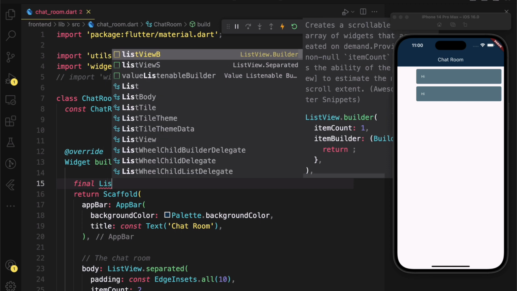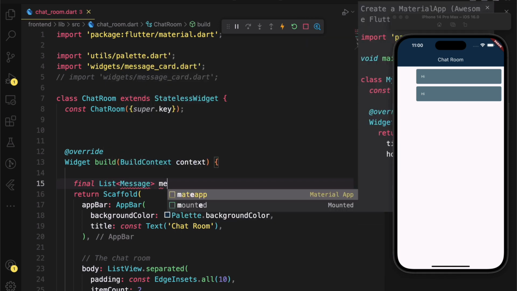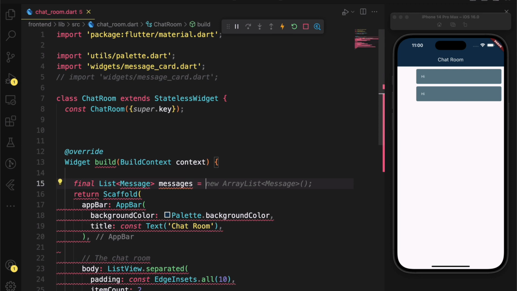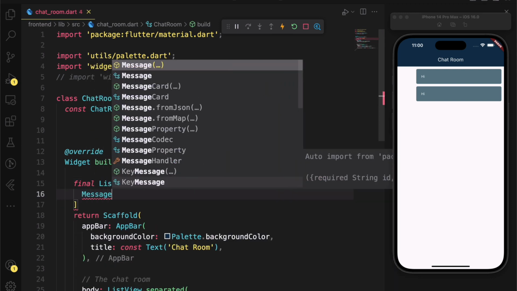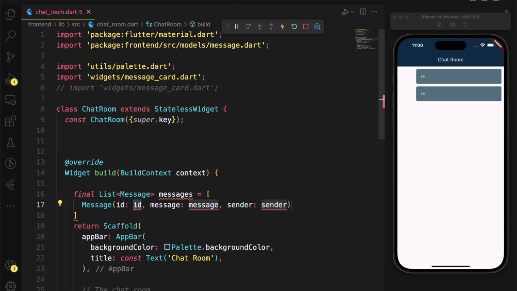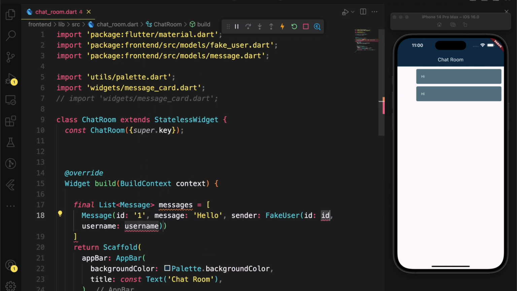So what's going to happen here is we're going to create a fake list of messages, which should just serve as something that allows us to display a perfect UI of some kind of chat that doesn't exist here. So every message would have an ID, and we'll have the actual message or the actual text in the message. And then we'll have a fake user, which is the user who sends the message, the sender.